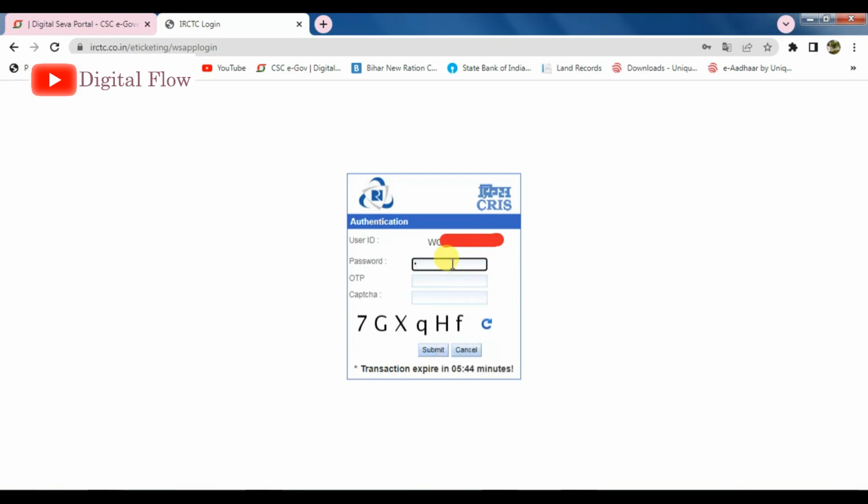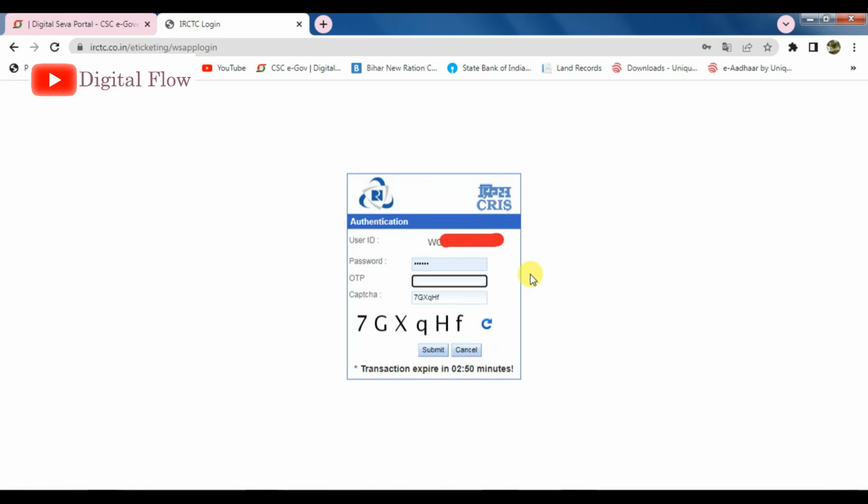Here you will get a new OTP every time for new ticket bookings. Earlier we were booking unlimited tickets on one-time login. So here the options have been changed and new options have been added for the services. Then you have to put the captcha and finally click on submit.